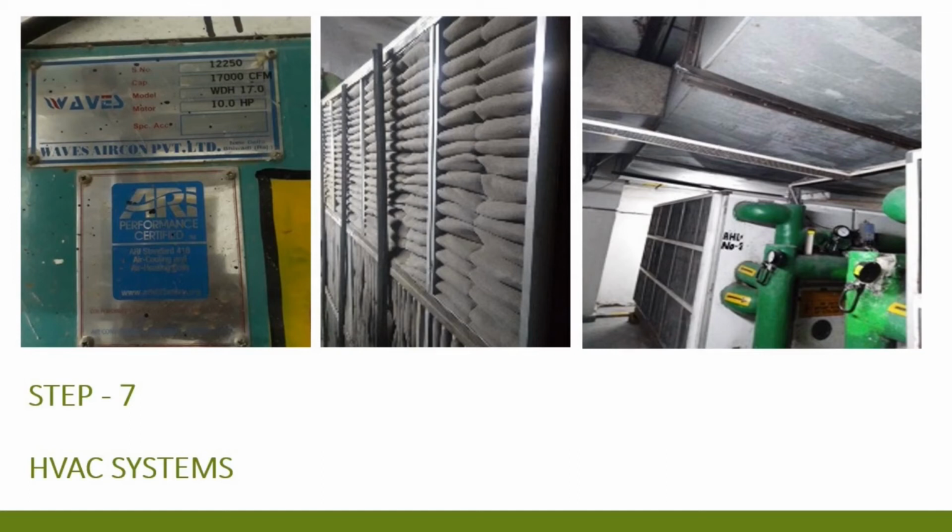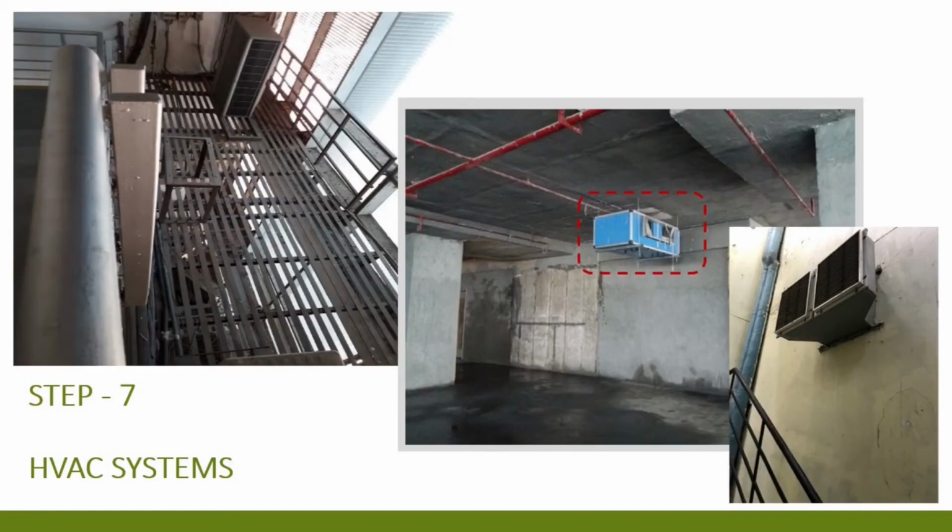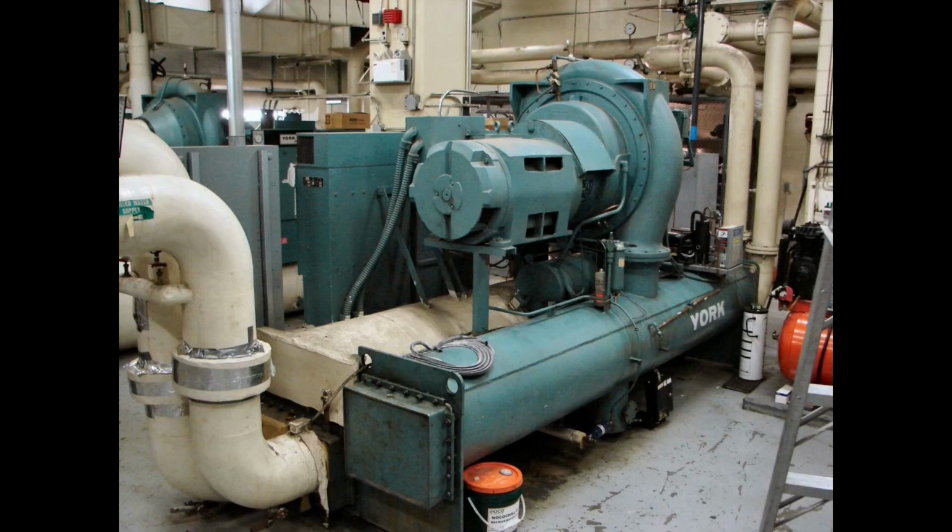This will include checking the installed AHU units, noting down their capacities, checking the condition of the filter, which will generally require replacement. Understand the HV system which is used by the builder. Generally, it's chiller based. Check for the chiller capacity and the chilled water temperature it